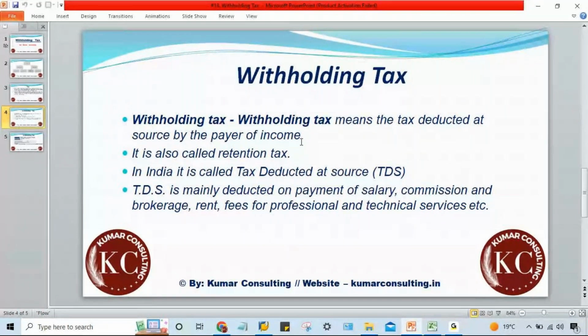Since a certain portion is retained by the employer, it is also called retention tax. TDS, withholding tax, retention tax, whatever, all are the same only, right? In India, it is called TDS. Okay.